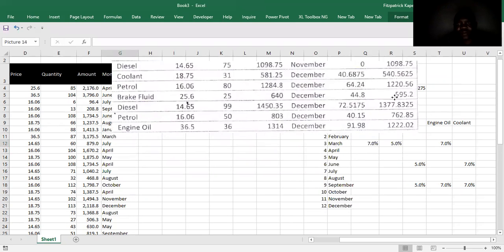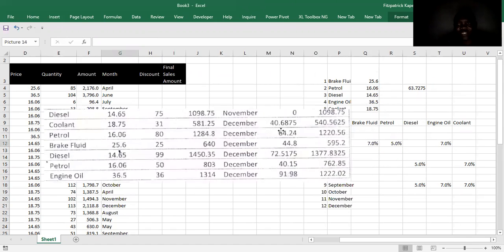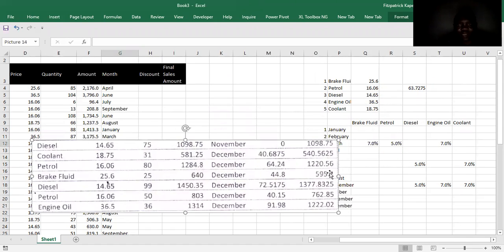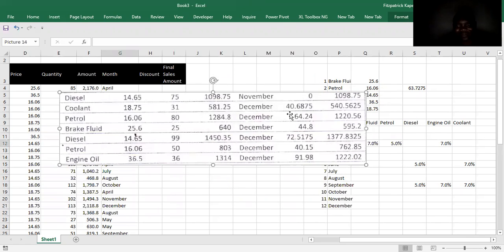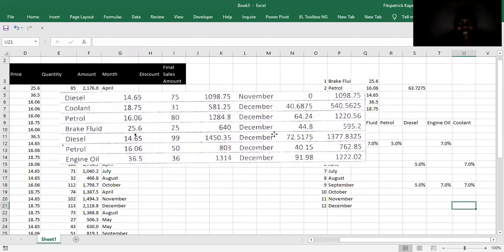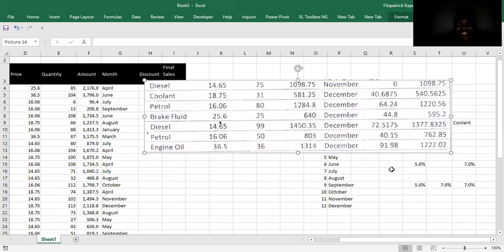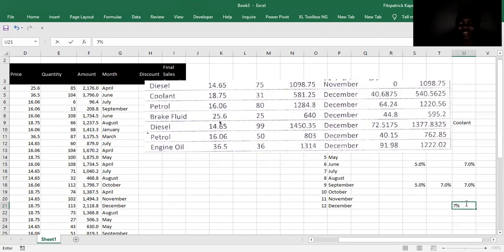So you have, again, quite a number of them. You start with the coolant. Here, after you have known, you can still guess, because I don't think the percentages will be different. You know that in December, on coolant, it is 7%. Since we have already tested that, you do not have time to start doing whatever. You can just type 7%. But since you are doubting, you can still say equals coolant 40, in case she changed the policy on coolants in December,